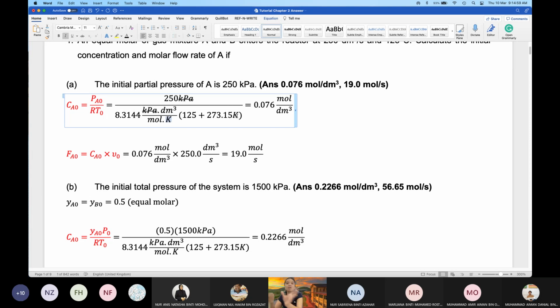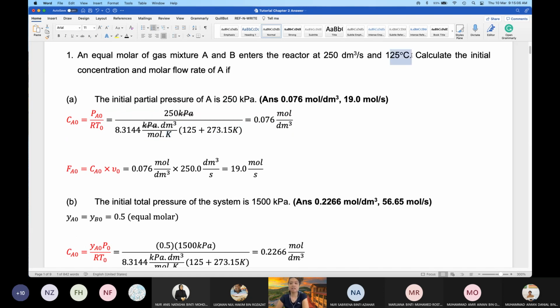Because the temperature given to us was 125 Celsius, I will convert this to Kelvin. If you remember, the conversion from Celsius to Kelvin is very easy. If you check the conversion table, you just add